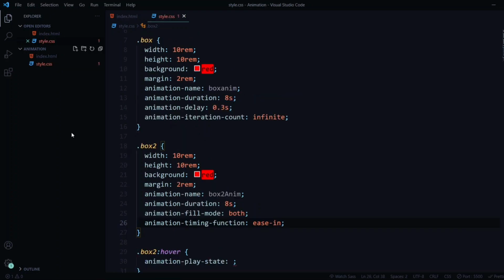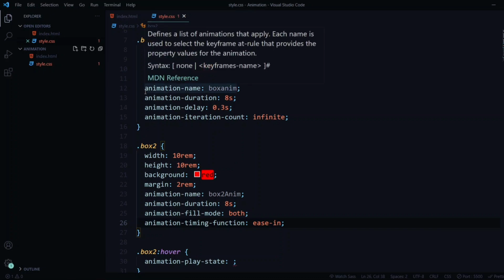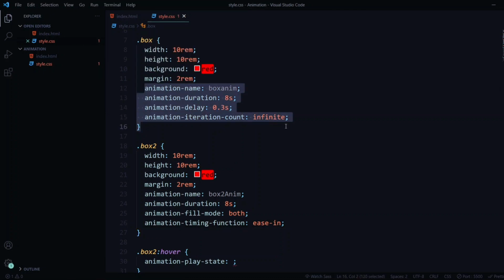Now we saw all those properties separately because we had to understand each and every one of them from the basic or from the scratch. But now we have covered all those properties and we have understood them. Rather than writing them separately, we have seen 6 or 8 properties up till now. So rather than writing them separately, what we can do is we can just use something called a shorthand. So we can use this animation shorthand and write all of these properties into just one.